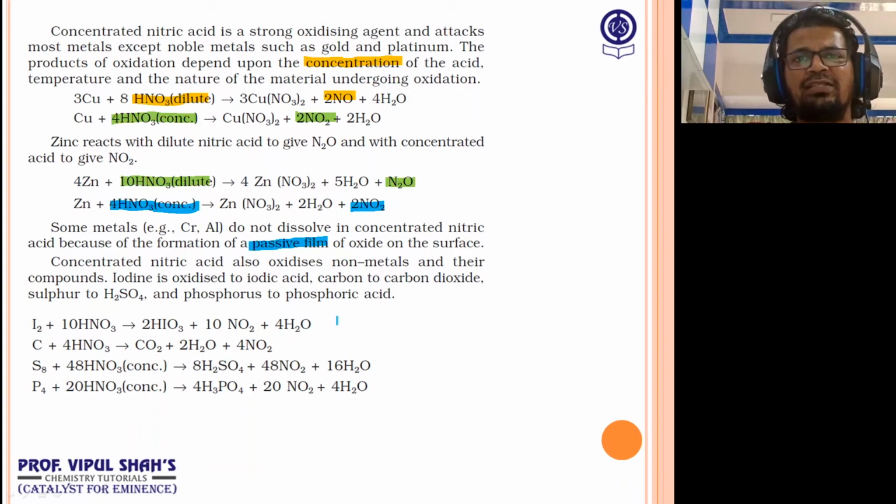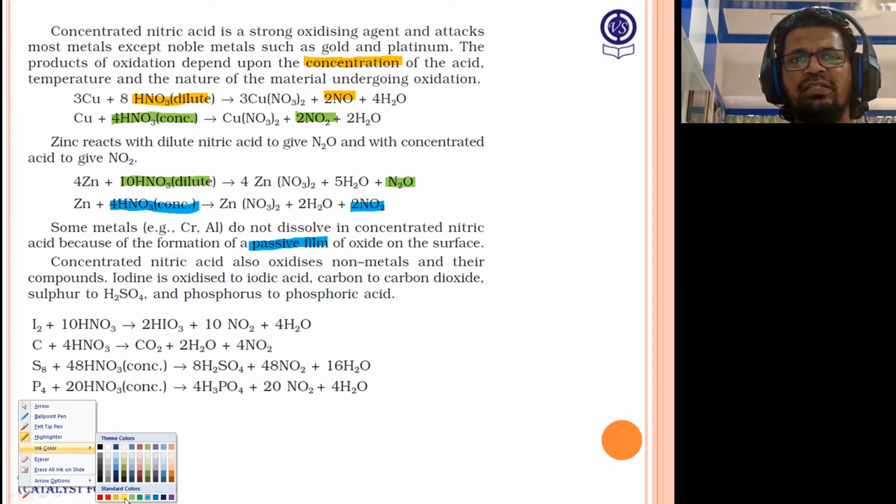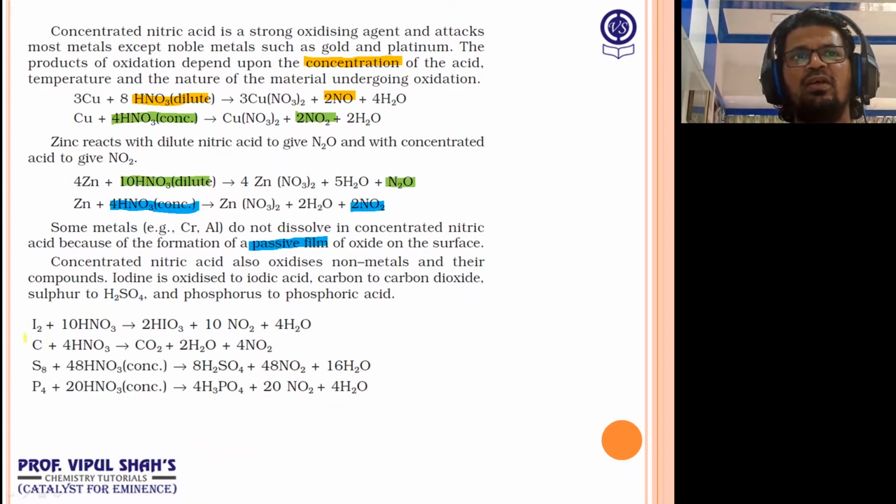Now nitric acid, that's a good oxidizing agent. So an oxidizing agent will undergo reduction. So its oxidation state will decrease and it oxidizes other substances. Now what are the substances it will oxidize? That is what we have to see. So see here, with iodine when it reacts, iodine is oxidized to HIO3. That's called iodic acid, where the iodine oxidation state is +5.